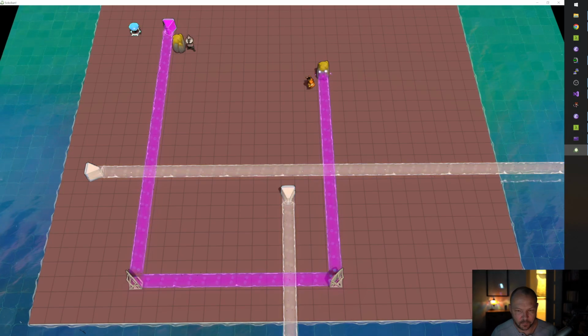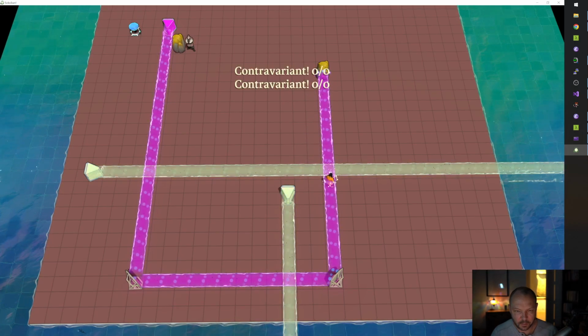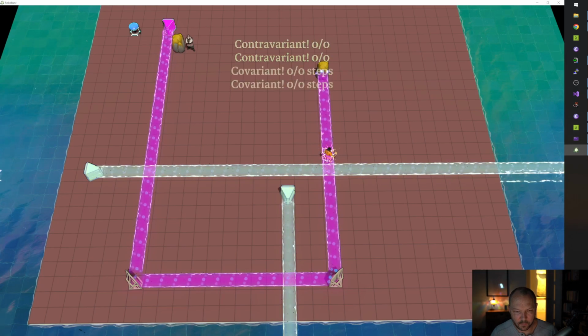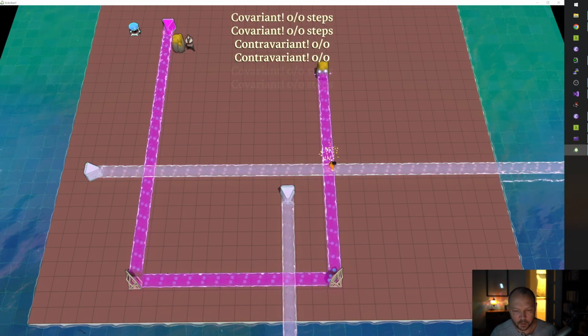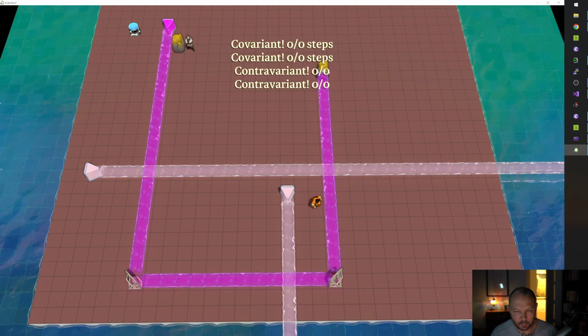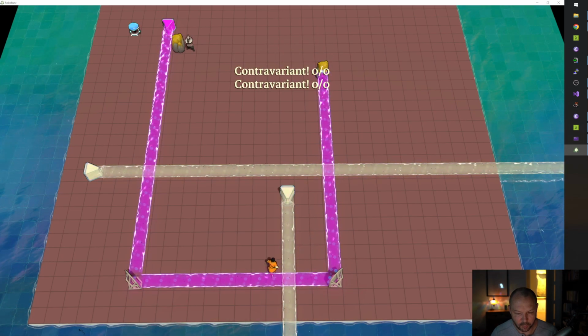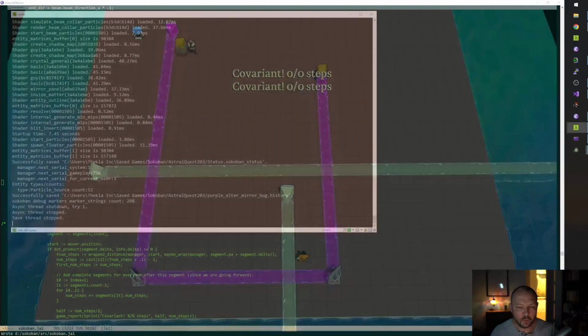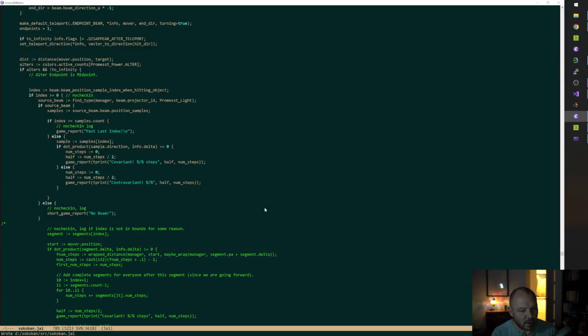All right. Contravariant, covariant. And why it's going twice, I don't remember. Maybe it's for a good reason. Okay, so this part's working. Contravariant, covariant. Cool, cool. Now we need the number of steps. Okay. If we are covariant, then num steps equals samples.count minus 1 minus index.